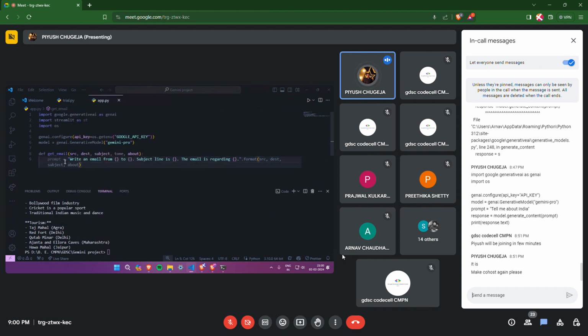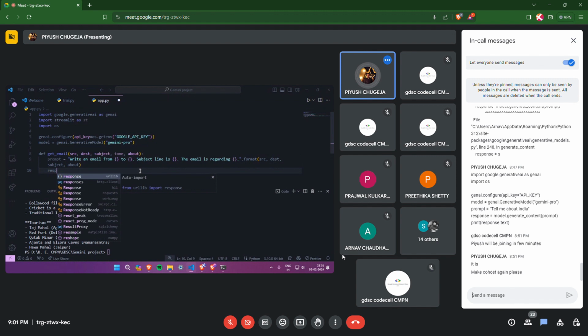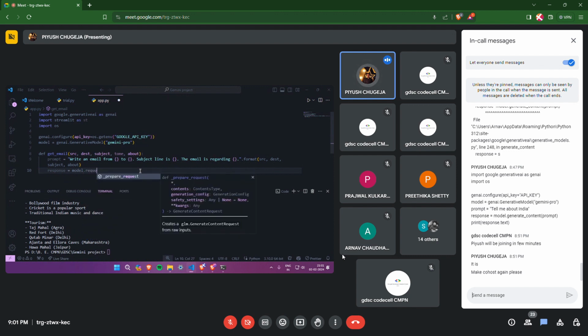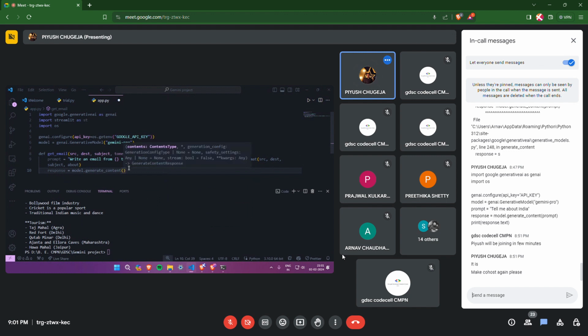The code should look like this by now. ठीक है. प्रॉम्प्ट में हमने ये प्रॉम्प्ट लिख दिया है. आगे के स्टेप्स तो आपको पता ही है. What we do is response लेते हैं जेमिनी मॉडल से. मॉडल has been initialized already. मॉडल को, सॉरी, मॉडल को रिक्वेस्ट, wait a second. मॉडल को जनरेट कंटेंट बुलाते हैं. हम, सॉरी, अबाउट जनरेट कंटेंट बुलाएंगे, प्रॉम्प्ट भेज देंगे, आंसर आ जाएगा रिस्पांस के अंदर.